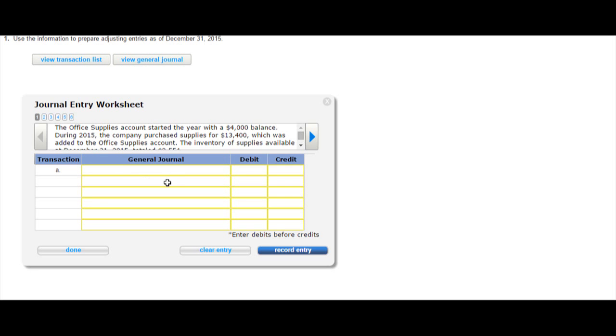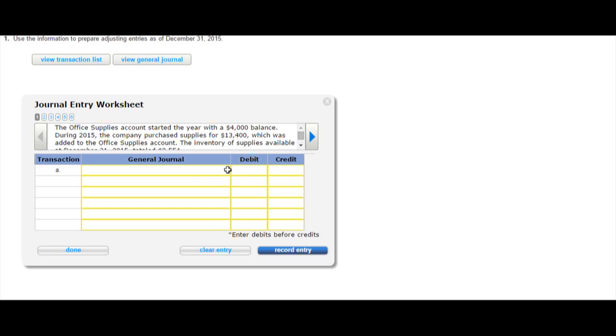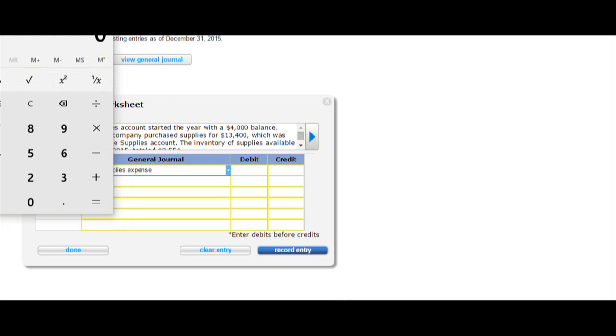The first one says the office supplies account started the year with a $4,000 balance. During 2015, the company purchased supplies for $13,400, which was added to the office supplies account. Inventory of supplies available at December 31st totaled $2,554. So the first thing you're going to do is say, how much did we use? And that amount will go to your supplies expense, office supplies expense. Now to figure it out, you're going to bring up my handy little calculator here